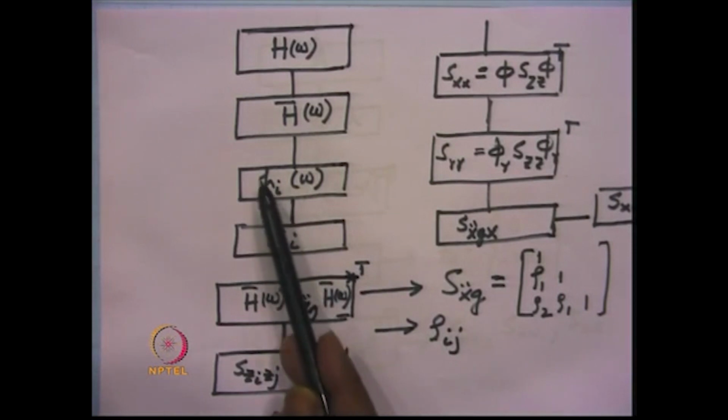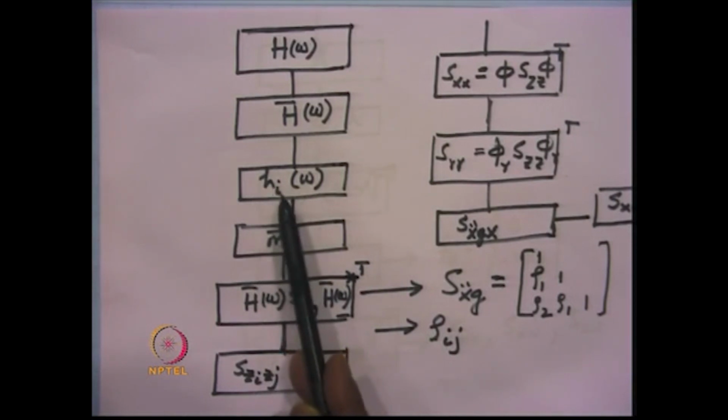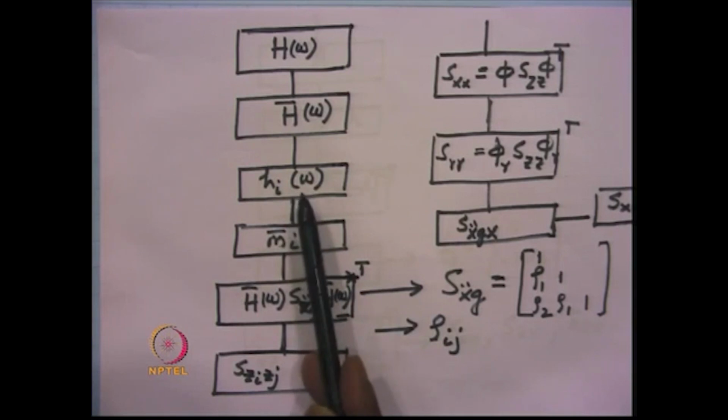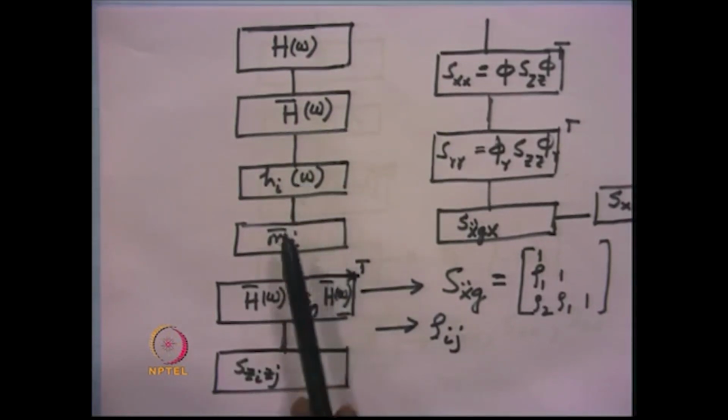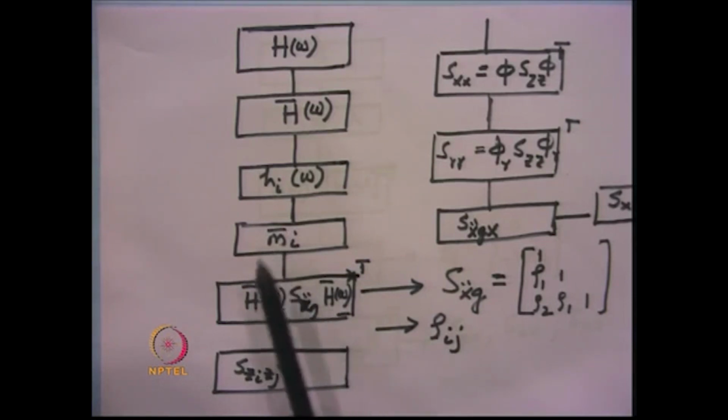Then for each mode one can obtain H I omega, and for that what we will require is the modal mass at a particular mode. After we have obtained these two quantities, then we can go for different kinds of analysis. The first kind of analysis is the direct spectral analysis, where h bar omega is the